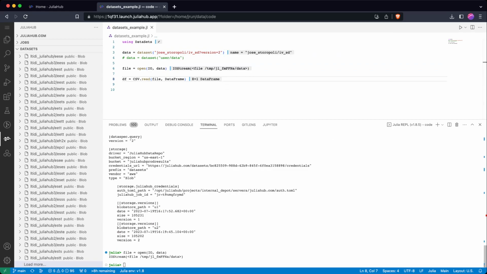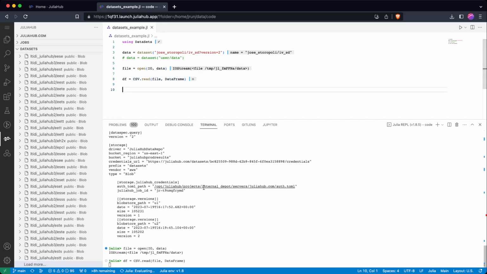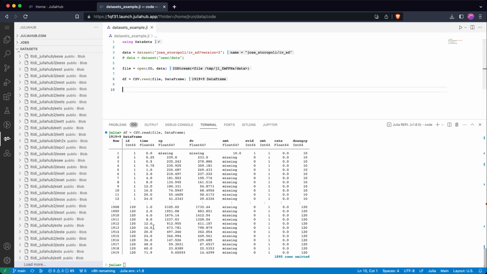And now if I call CSV.read with that file that was created in a temporary location, with DataFrame as second argument, I should have my data frame here. So let's wait. There you go. And as you can see, it's version 2 because we have whole numbers in that measurement